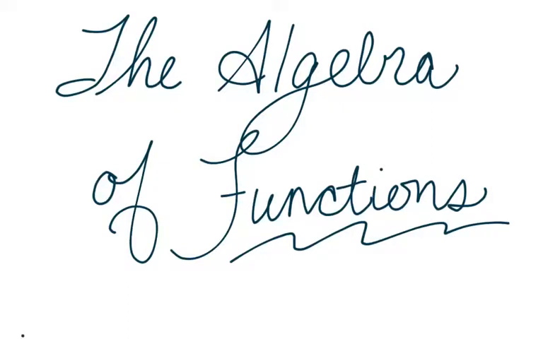In this video, we're going to be looking at the algebra of functions. What I mean by this is functions are representing numerical values. You put an input in, that's a numerical value, and you evaluate and you get a numerical value as an output. Since they are just numbers and representing numbers, you can actually perform operations on them like addition, subtraction, multiplication, and division. And then you can also do one other thing, which we will talk about,